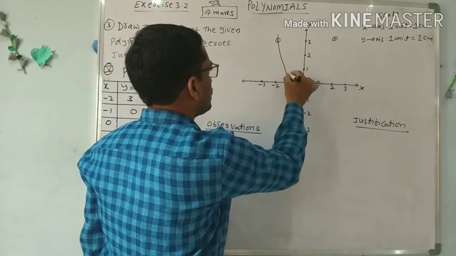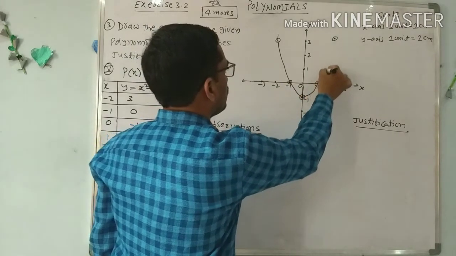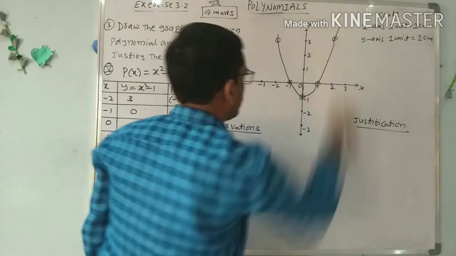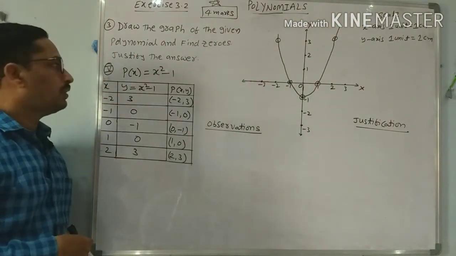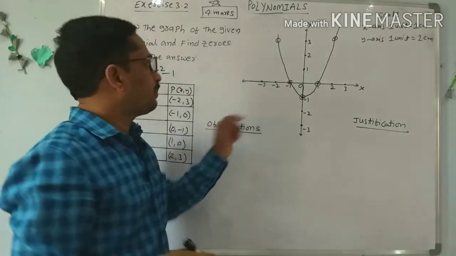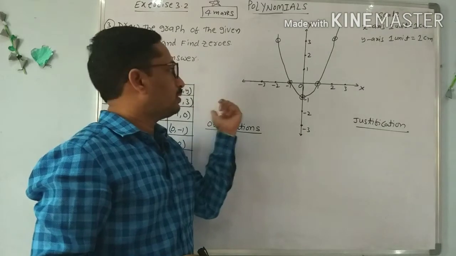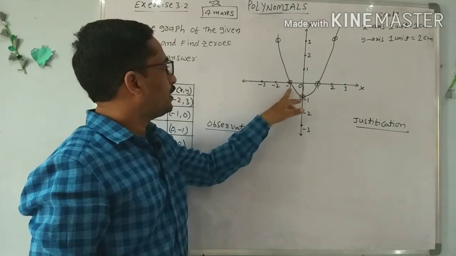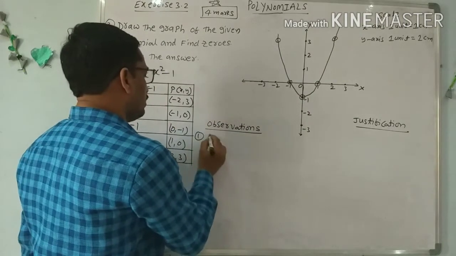First point completed, second, third, fourth and fifth. So this is the graph of our given polynomial x square minus 1. So now observations. So what are the observations? You see, it is a quadratic polynomial, has at most 2 zeros, and it cuts the x-axis at the points minus 1 comma 1. So first observation, graph